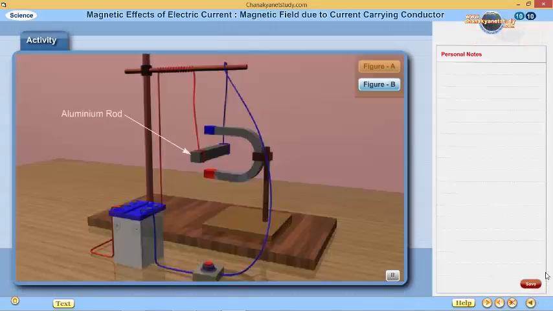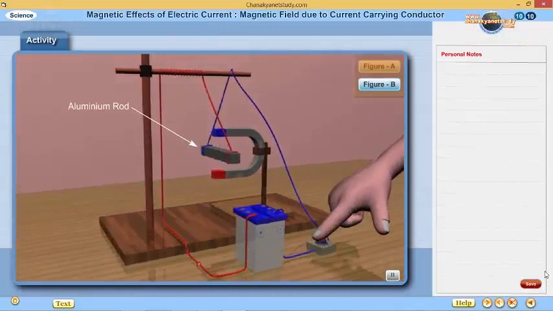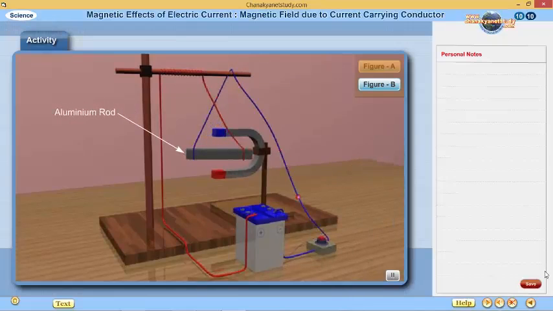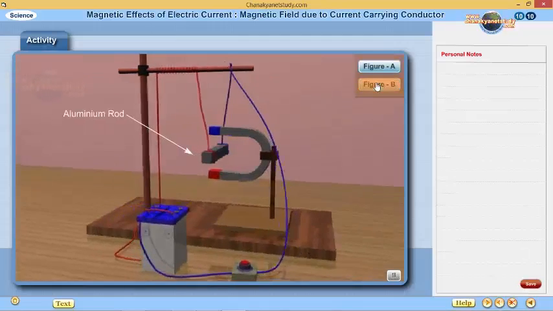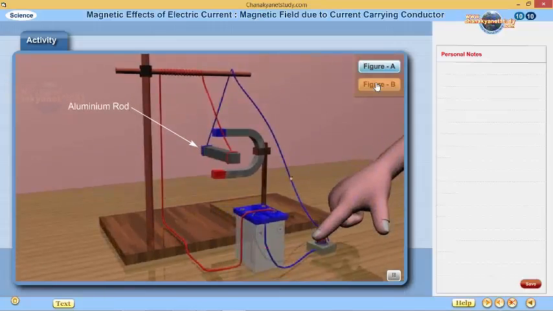Take a small aluminium rod AB, suspended horizontally by means of two connecting wires from a stand as shown in figure. Now place a strong horseshoe magnet in such a way that the rod is between the two poles with the field directed upwards. If a current is passed through the rod from B to A, we observe that the rod gets displaced.